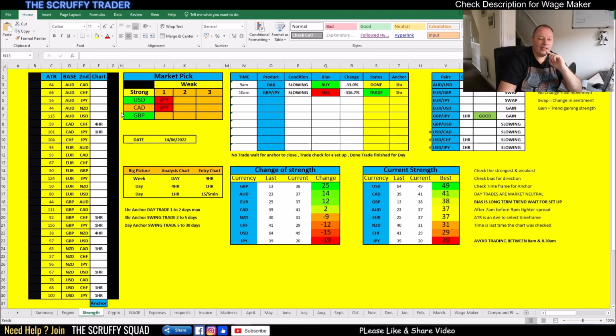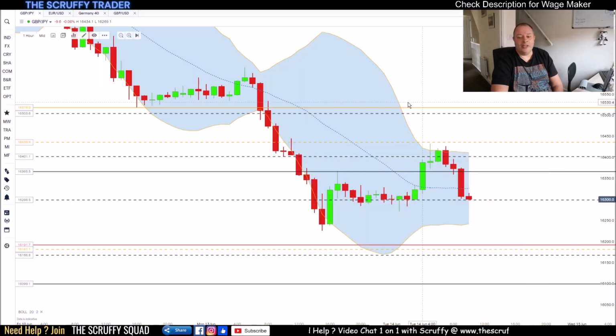Okay. And then on this side, this kind of tells me where to have a good look. So if I'm looking at the pound JPY, it's telling me concentrate your efforts on the hourly chart, because that's where you're going to get your answers. Now I expand on this a little bit,